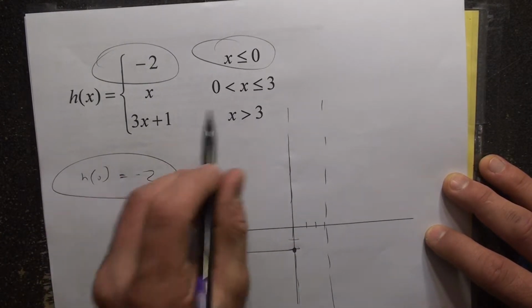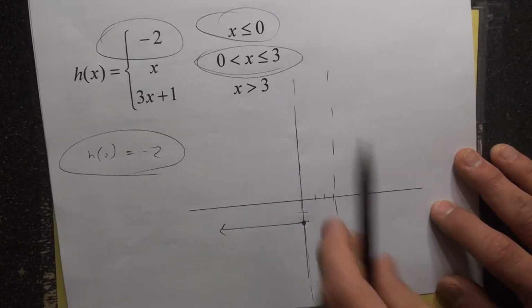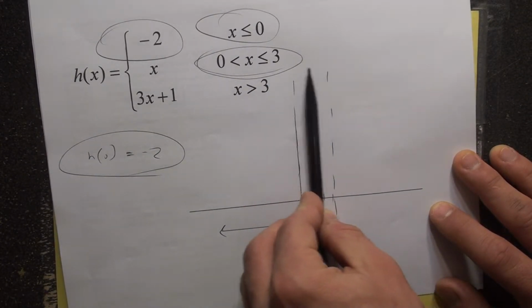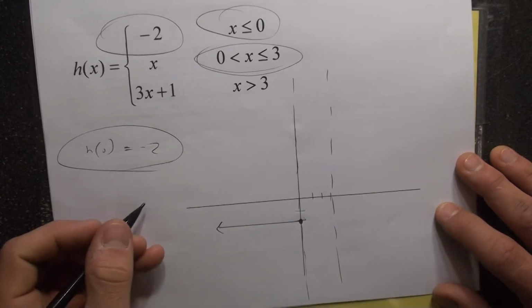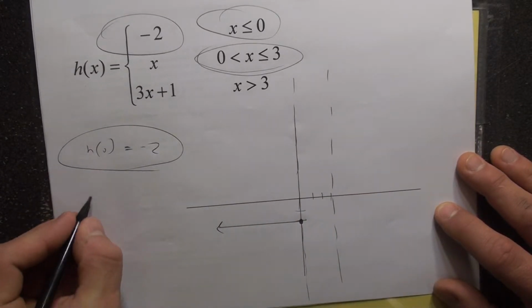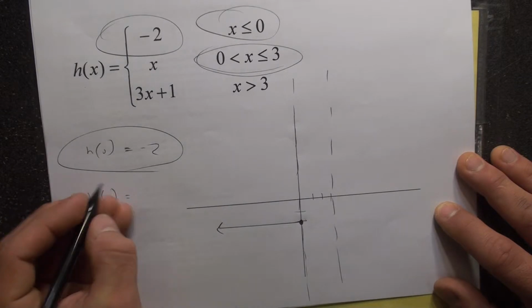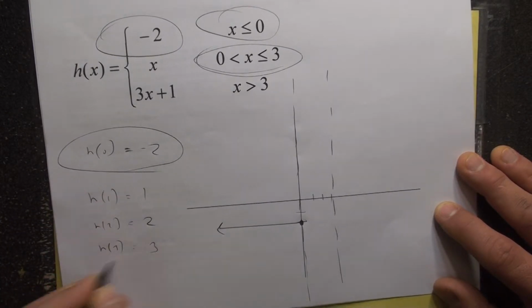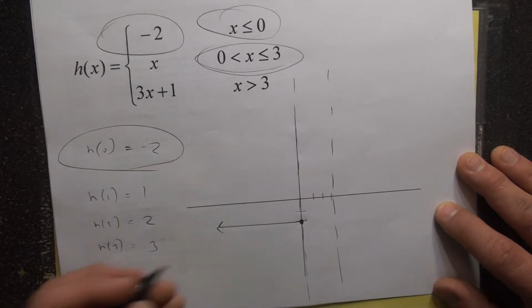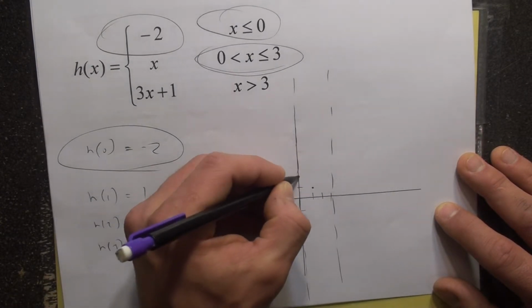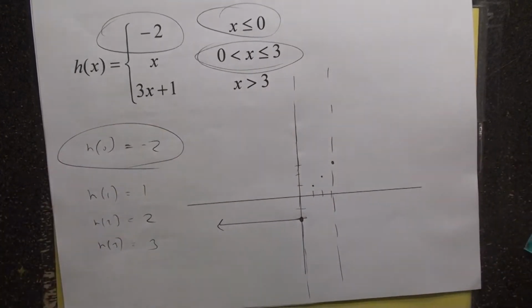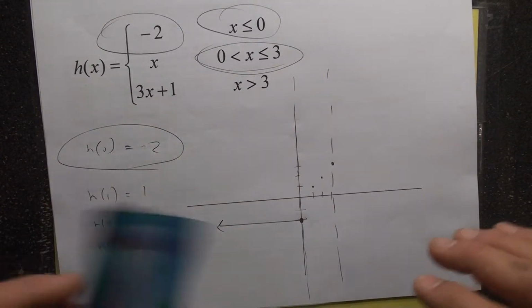Then we would have what's happening between 0 and 3. So what's happening between 0 and 3? x is 0 and x is 3. That's what's happening between here. So then we would say, all right, well, what's h of 1? Well, h of 1 is definitely 1. What's h of 2? That's definitely 2. H of 3, that's definitely 3. So then we would go through here and graph this. So h of 1 is 1, 2 is 2, and at x equals 3, you get a height of 3. So what we would have here is a line